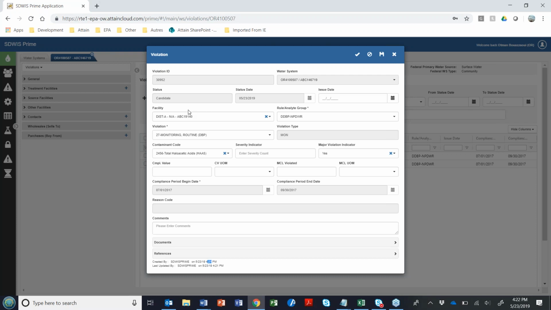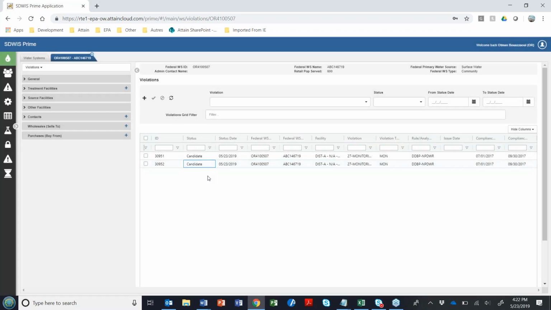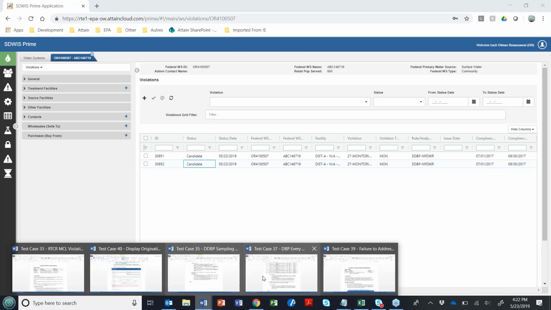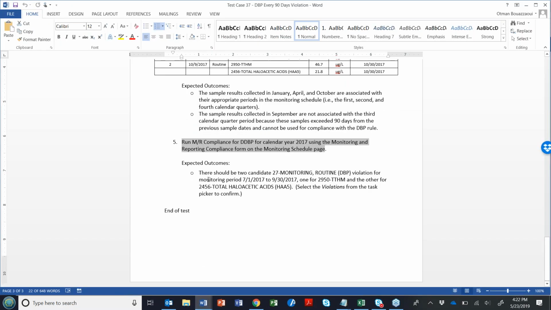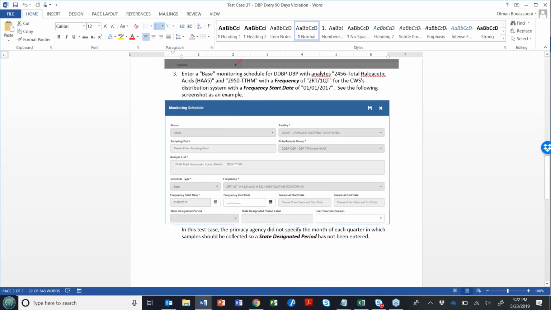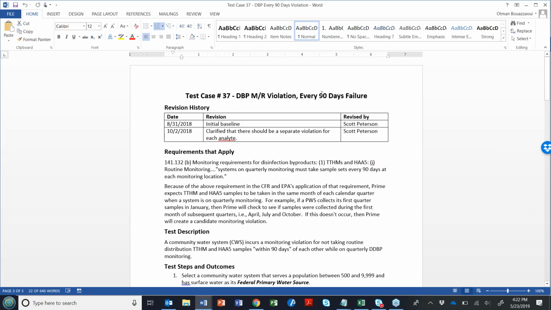And again, all these violations created by the BRE are candidates. You still have to validate them for them to be actual violations after you review all the information or modify information here if needed. So that's test case 37, failure to collect every 90 days for DBP. Any questions on this one?